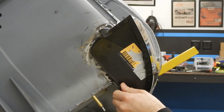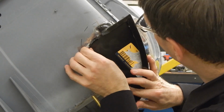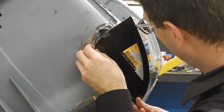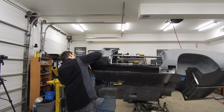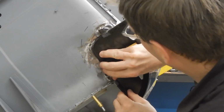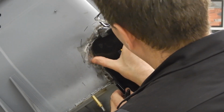One of the reasons we're doing this is we want to get an idea of where the rocker is going to fit versus this piece, so we can mark out an outline of where we want to weld this piece so that we can have our rocker panel fit appropriately and have enough flange here to weld. So it's going to be a little bit of fiddling. Well, essentially like that. And down a little bit. So really, I think we're looking at about like that. So I'm going to mark